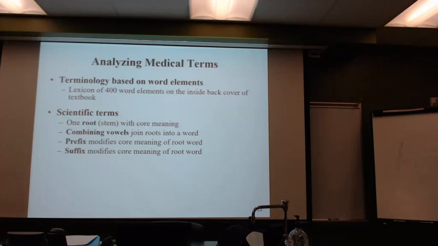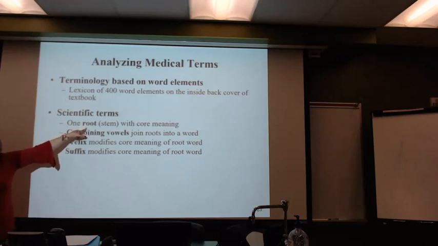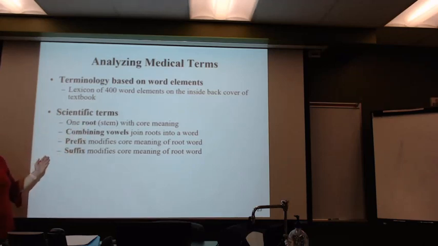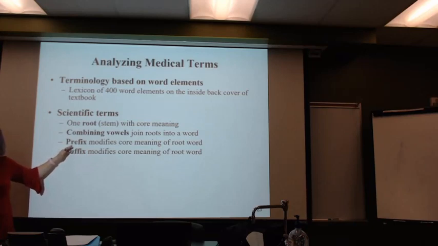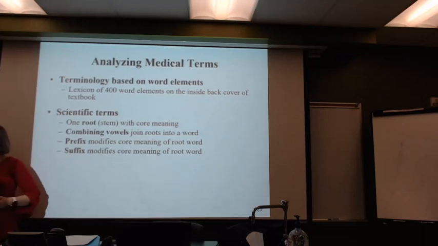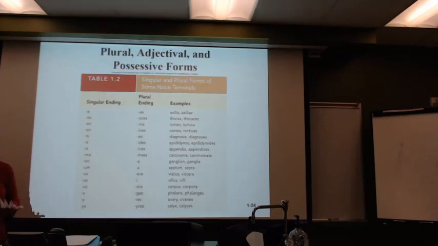Because we'll have a root word, like thyroid, for example, and we can have vowels that can join the words together. We could have a prefix to it, such as hyper, hypo, and then we could have an ending. It could be ism, it could be other terms that might let us know that it's just referring to a part of the body, or it could be referring to the pathology of that part of the body, okay? So for example,